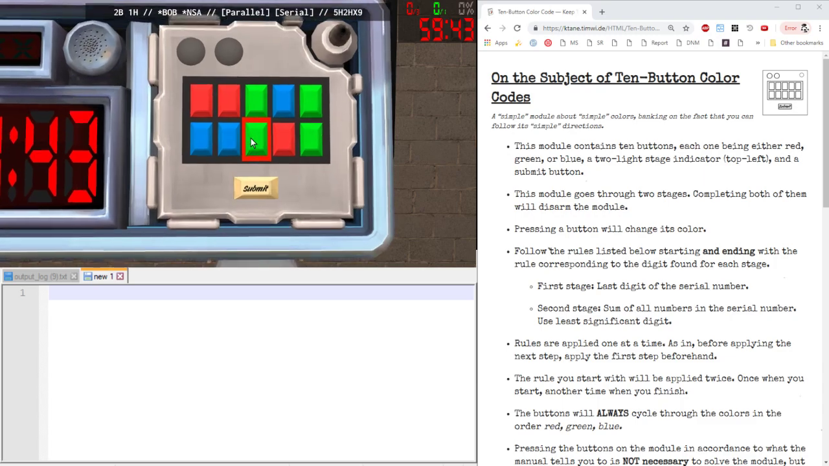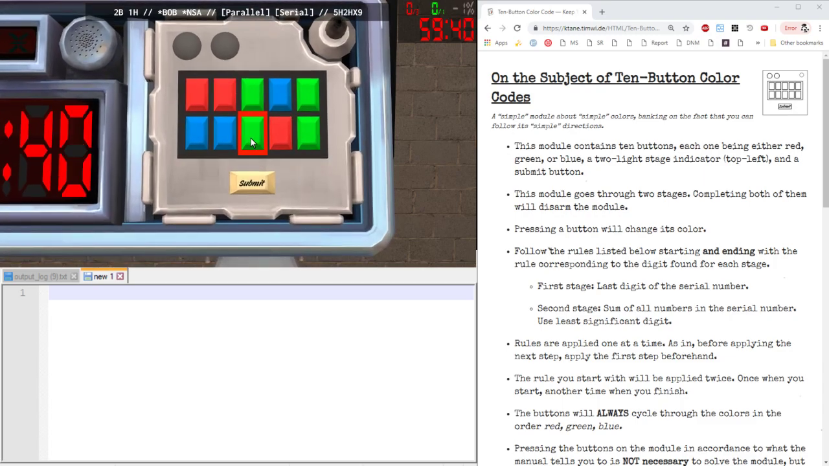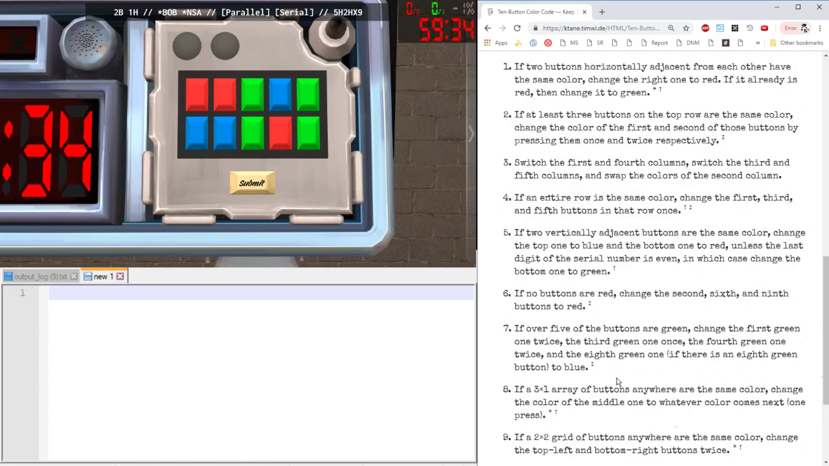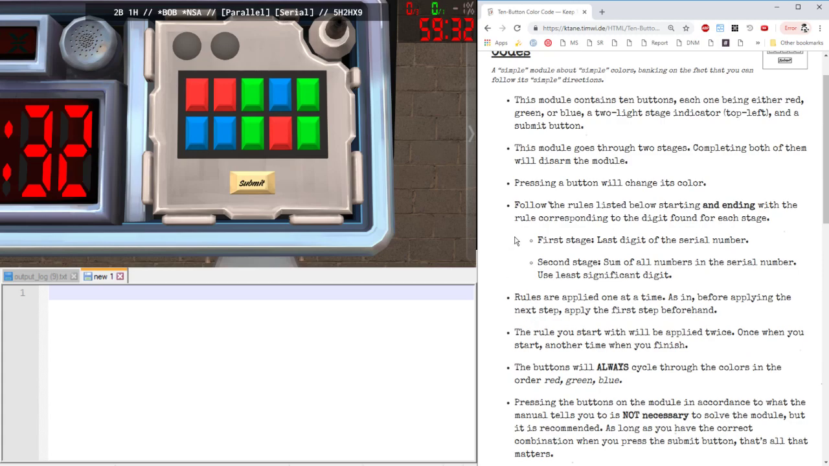Green, blue, red. I already forgot what that was originally. I think it was green. We got 10 rules here. We're going to use these conditions to tell us where to start the rules. Then we're going to go through them all once, double up on whatever we started with, and then submit our